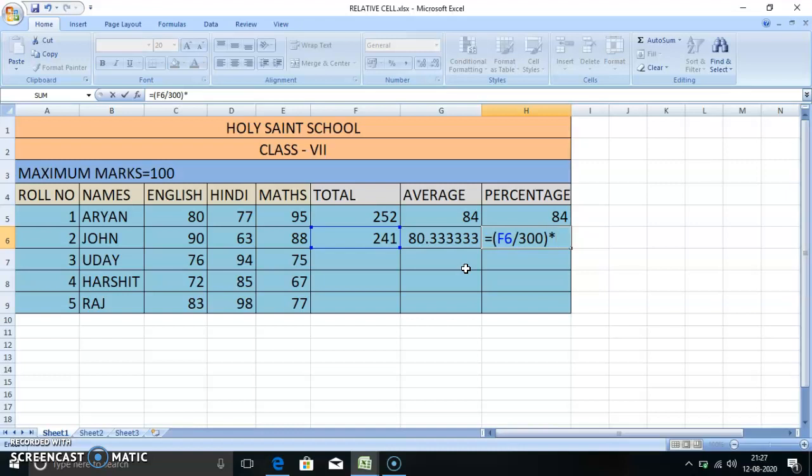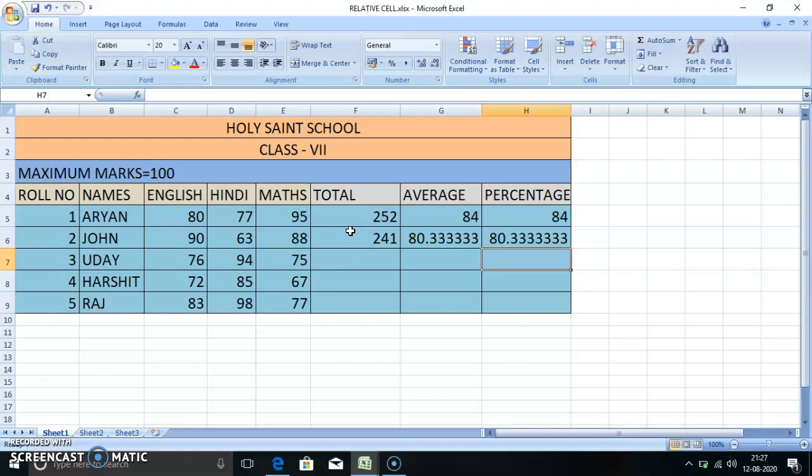Here we can use star because on the keyboard there is no multiplication symbol. Now multiply by 100 for the percentage. After completing, press the enter key. We get the percentage here. Now hope you all are clear on how to do the calculation in Excel.